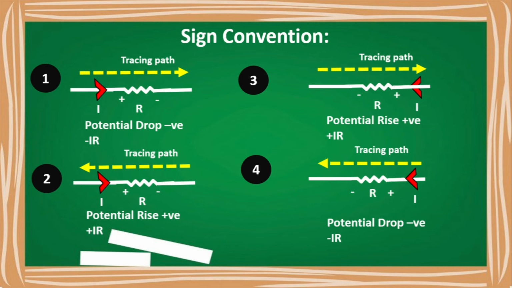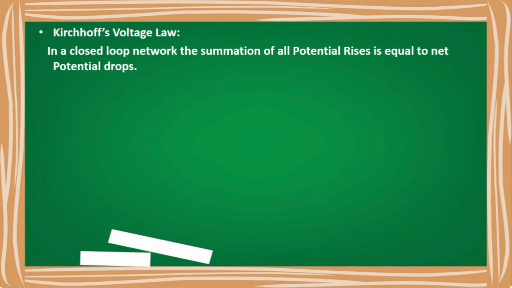So I'll write the expression as minus IR. So let us now pay attention to what is Kirchhoff's law. In a closed loop network, the summation of all the potential rises is equal to the net potential drops. This is why we need to find out all the potential rises and all the potential drops. Once I have found out what are the potential rises and what are the potential drops, I can simply